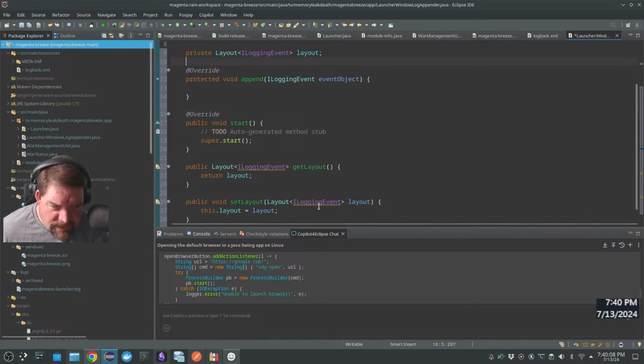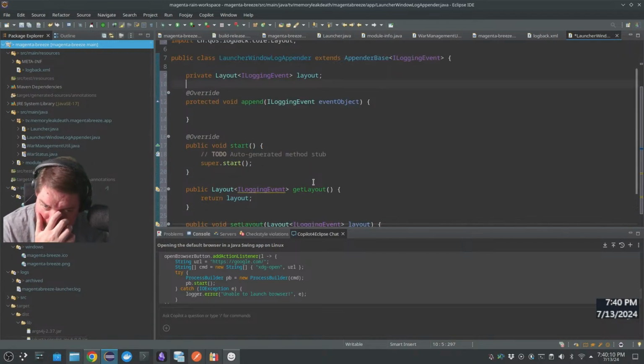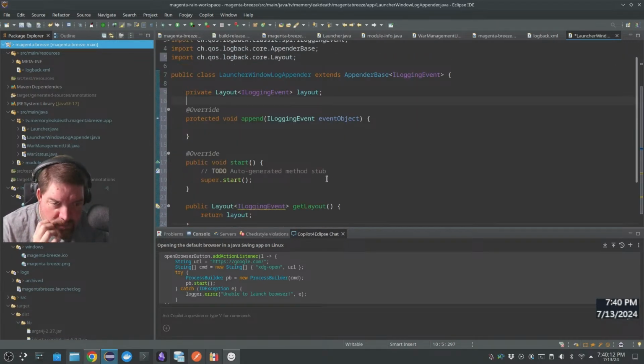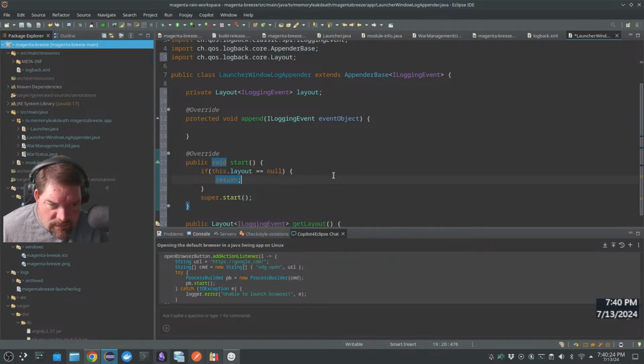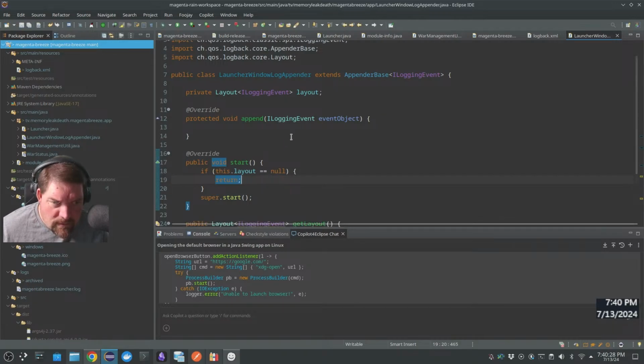We'll just see what happens. Okay, layout. So then in here we just say, if this.layout equals null, return. All right, and then